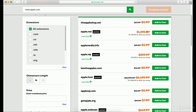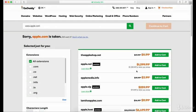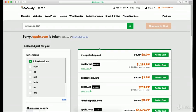Apple.red is $12.99. If you're just starting a business and you don't have a really good reason to be getting a specific domain like this, it would be pretty foolish to buy this, I think. Sometimes you can even contact the person who owns a particular domain, and offer to buy it. I generally, just from a business perspective, don't think that's a very wise way to spend money. And let me explain. Let's say that your name is